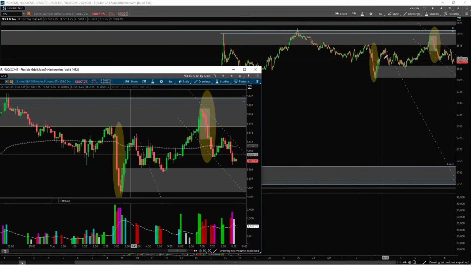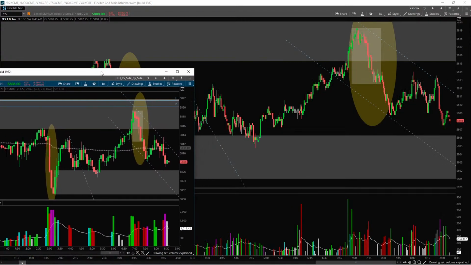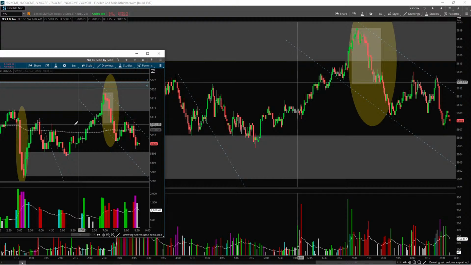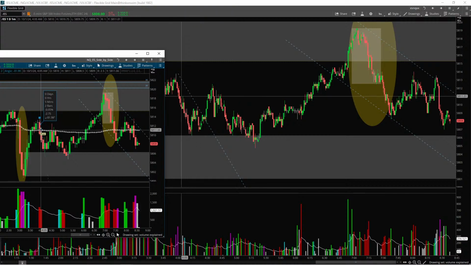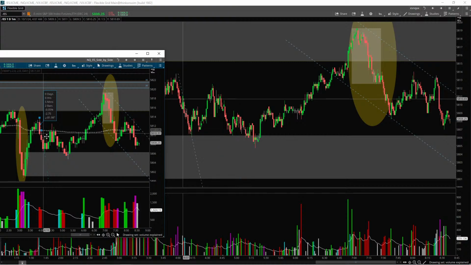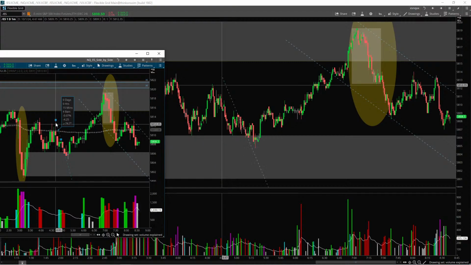So I want to keep reminding myself that I need clean trend lines. So we have this one here, right? It was somewhat clean until it wasn't, right? We had that, and then it just started really bucking out to where it was just not staying clean, right? And then we have this one here